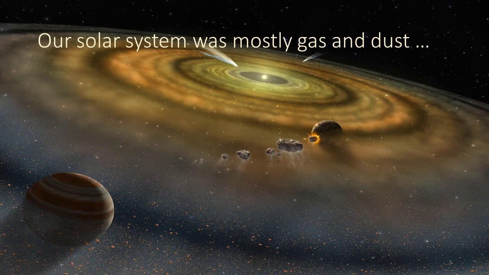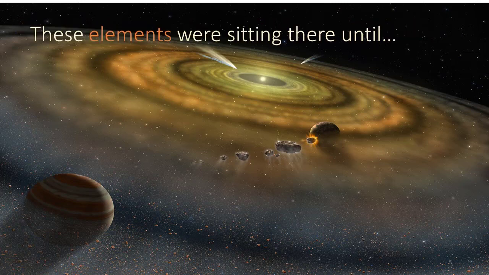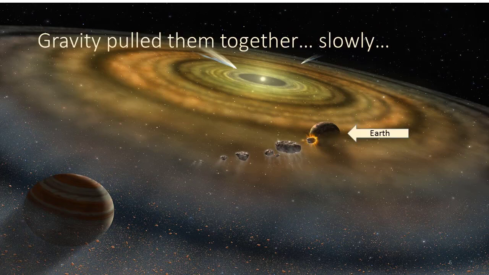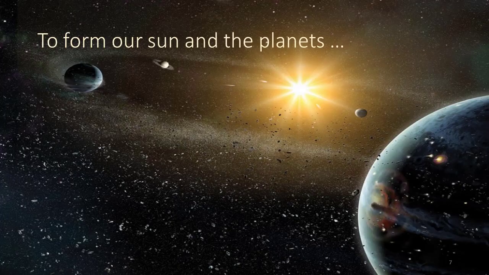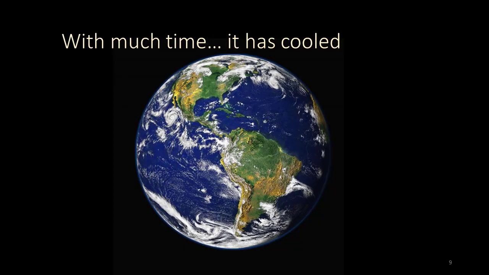our solar system was mostly gas and dust. Gas and dust were elements from exploded stars. These elements were sitting there until gravity pulled them together slowly, and formed our sun and the planets that we see today. As gravity pulled Earth together, it got hotter. With much time, the surface has cooled,